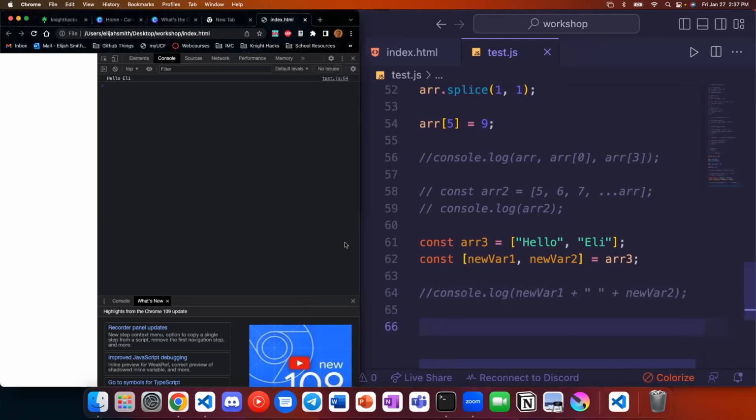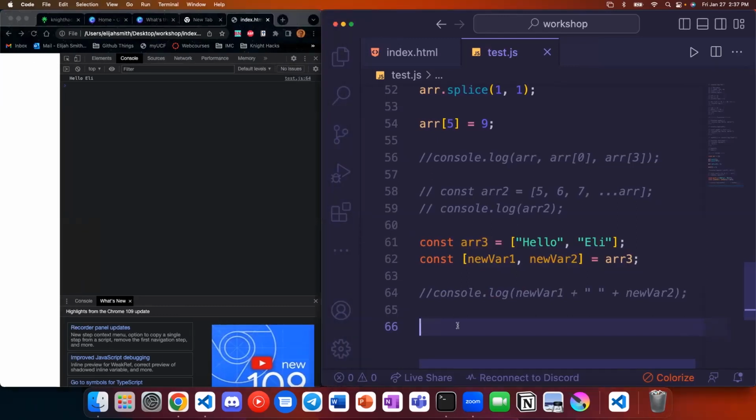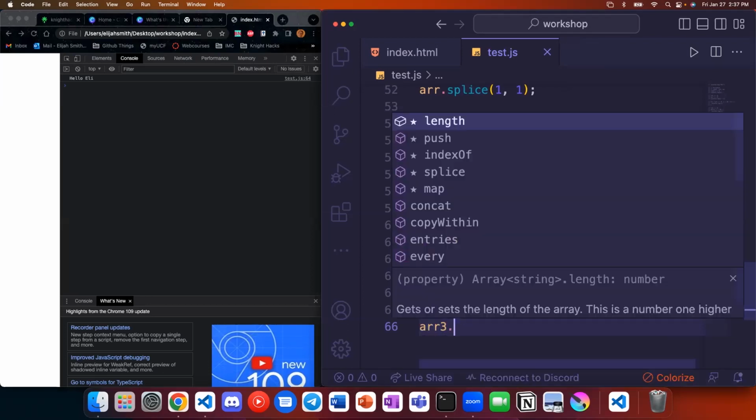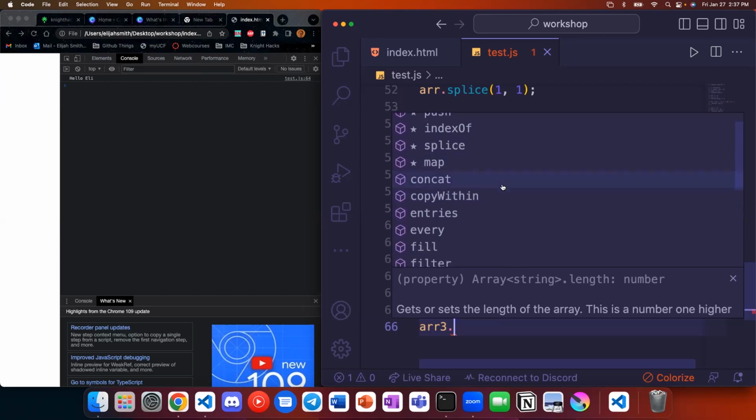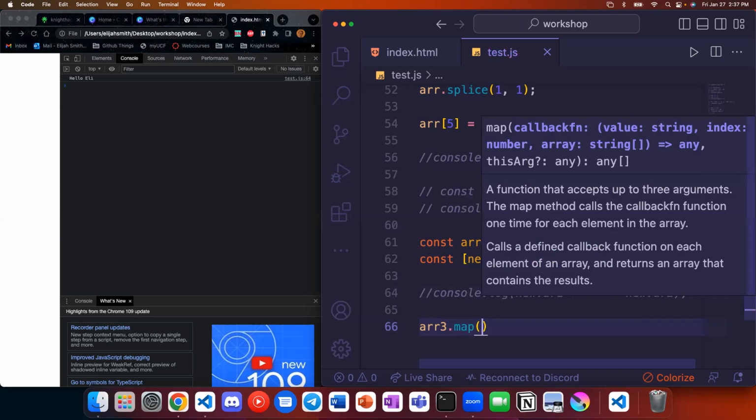Let's call some functions on these arrays. So array 3, if I have code completion here, if you're using like Notepad, you definitely do not. But there's a bunch of different properties we can use, index of, things that you've seen in other languages before. But we can also call functions like .map, which operate on the array and will give you back a new array.